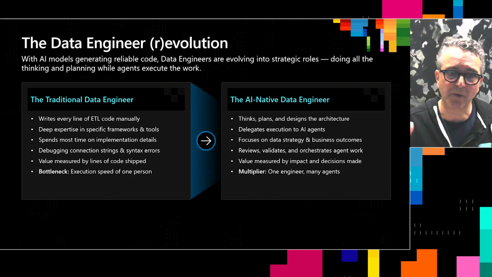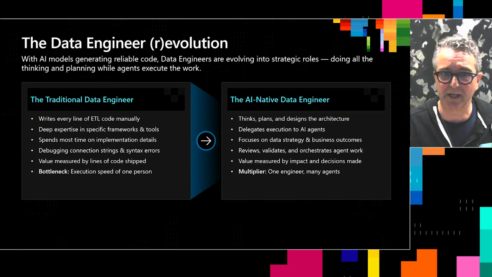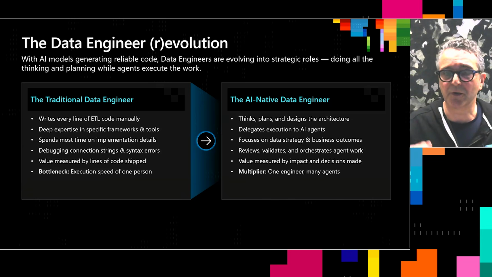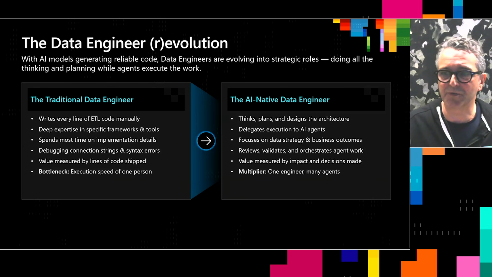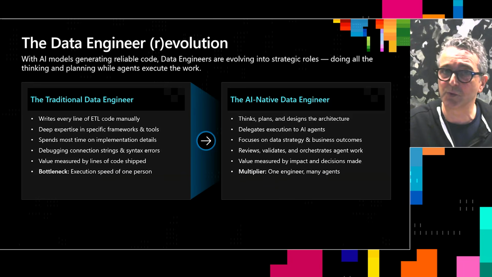On the right-hand side, we have the emerging AI native data engineer. This is not a different person. It is an evolution of the same job. The engineer still owns the architecture, the quality, and the end results, but uses AI to accelerate the implementation. From a product standpoint, this means investing not only in code generation, but also in the foundations that make AI useful for real engineers. So more work on APIs, tools, skills, and better context and experience. As you watch this session, I encourage you to think about which one of these tools can help you be